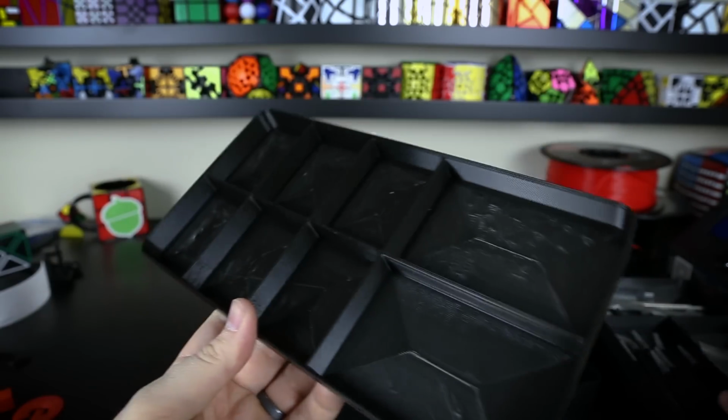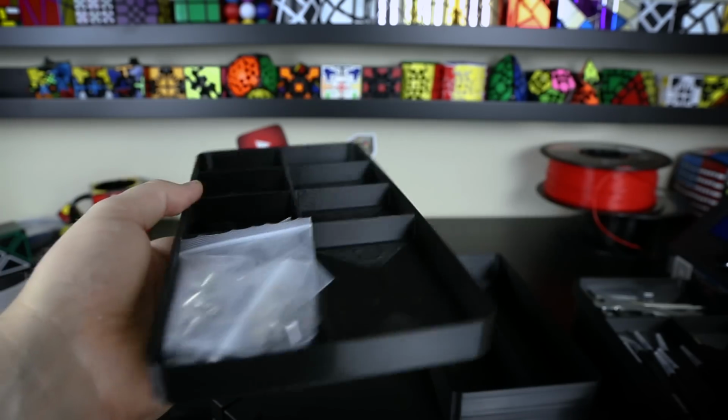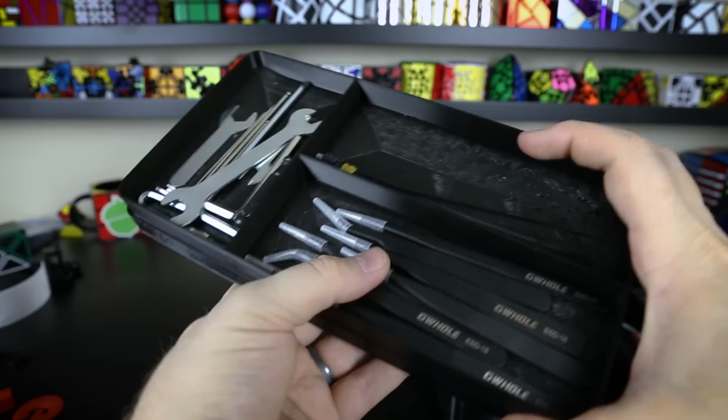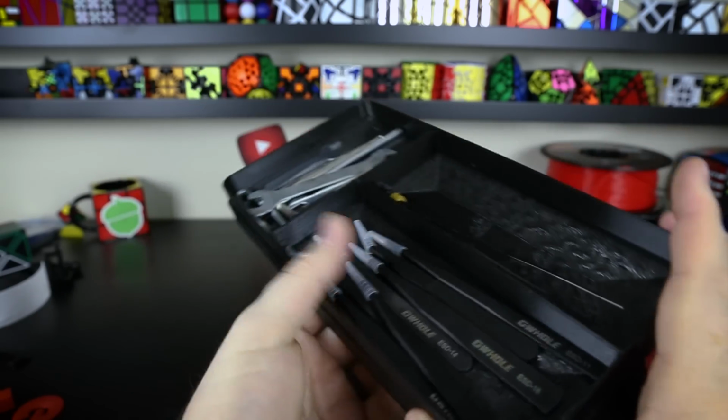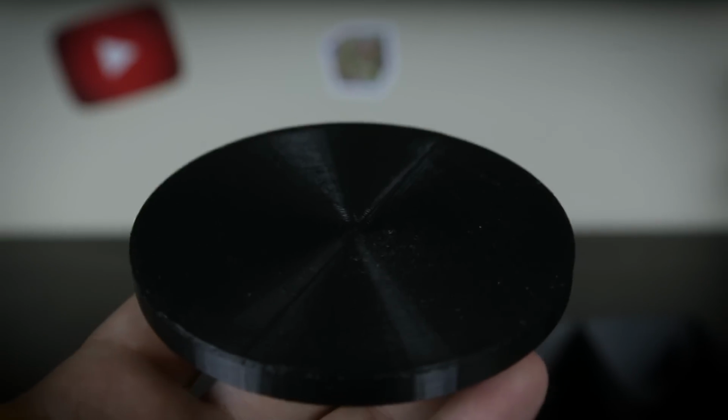But that's okay, because these really are going underneath the printer and no one's really going to see them, and that's fine. You know, I think as long as they work, which it does. So yeah, here's some of the tools that are going to be underneath my 3D printer, and yeah, pretty cool, pretty useful too. Here's the last thing I'm going to show you guys that I printed off of Thingiverse,